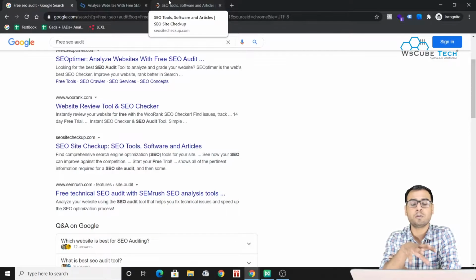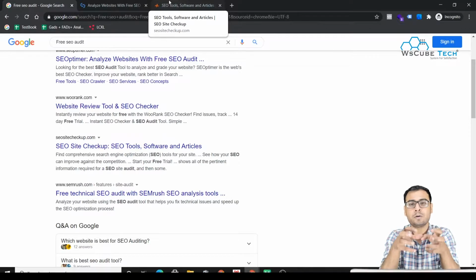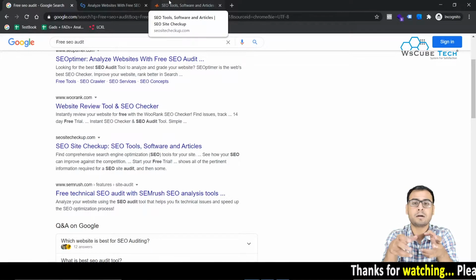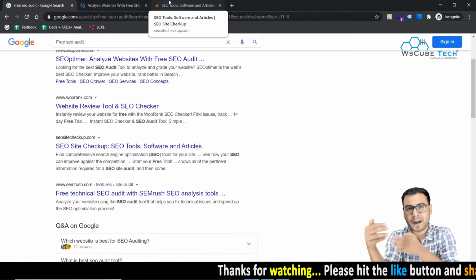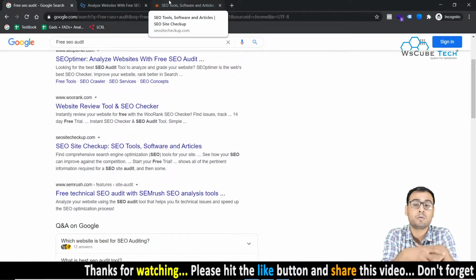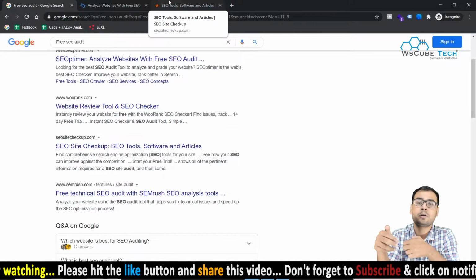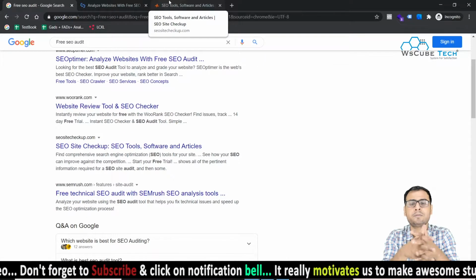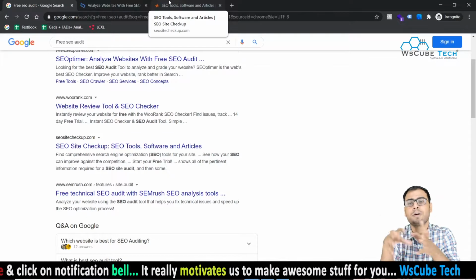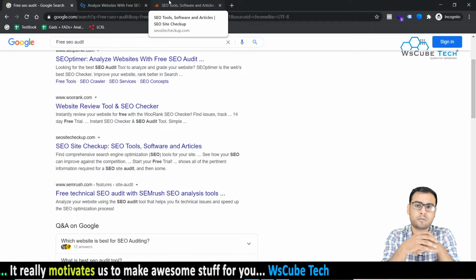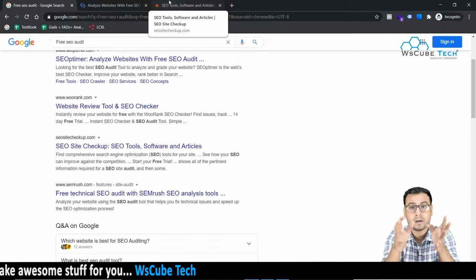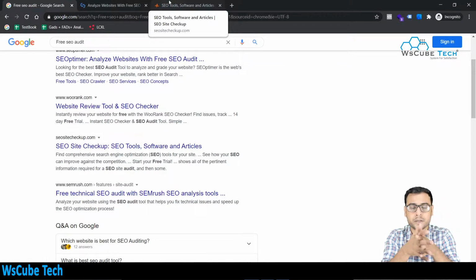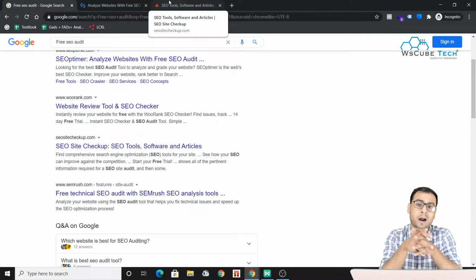They are not going to give you a complete SEO audit, because for a complete SEO audit, you have to divide your SEO audit process according to the different types of activities involved in SEO. For example, if you want to do the technical SEO audit, then you have to go to some Screaming Frog or WooRank kind of tool, right? And if you want to analyze the headlines, you have to go to a headline analyzer kind of tool. And if you want to analyze the content of the web page, that is basically on page SEO efforts, then you have to go to some content analysis related tools.